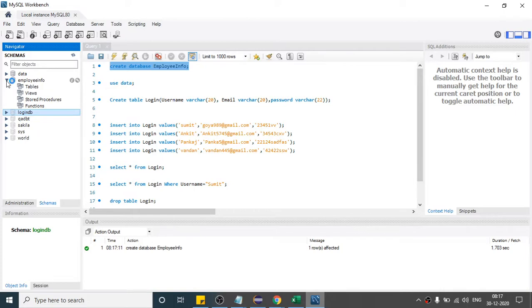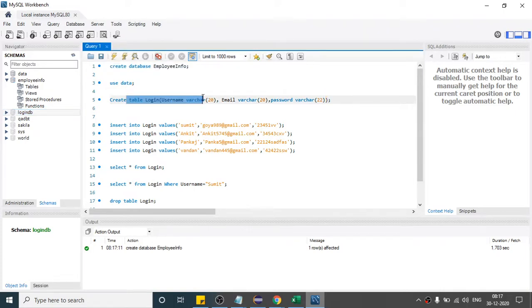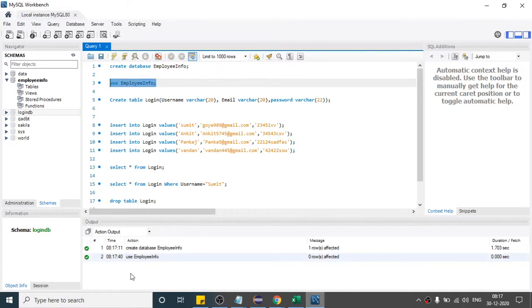So once this database is created, if you want to create one table inside a database, first you have to provide this command. So here I am saying that from all the databases I want to use the employee info database. If you execute this query, now we are working on this database. So inside the database I will create one table. So this is the syntax. As it is SQL, I will write one SQL query. So I am saying create table.